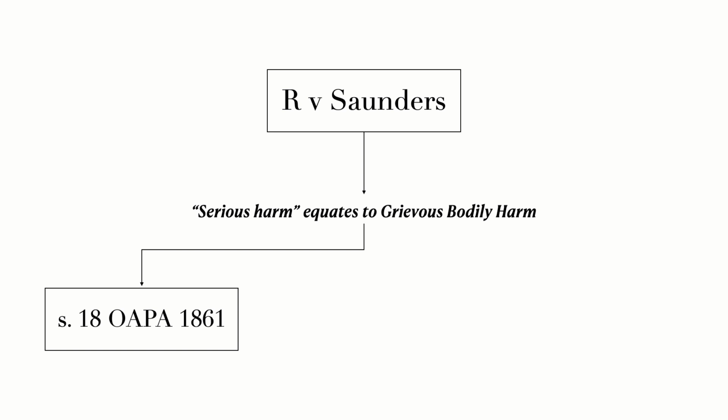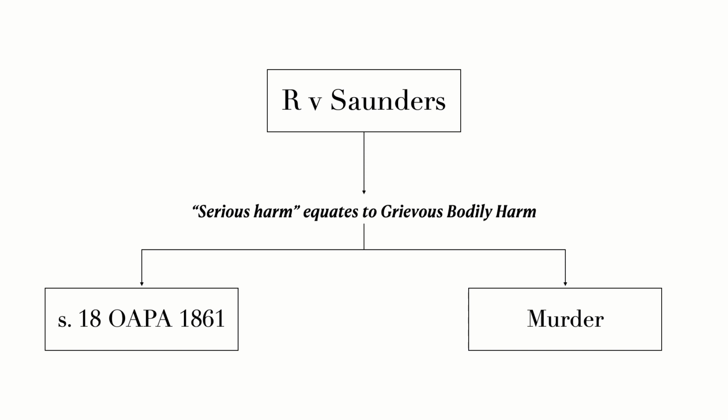Fun fact, if the person goes on to die, in other words, the victim or the complainant goes on to lose his life, this gets elevated to murder. So this nexus is then created between not just Section 18 of the OAPA of 1861, but also the common law offence of murder. So as a tether, as a link, you'll notice that it's essentially a fingerprint that you find in terms of R